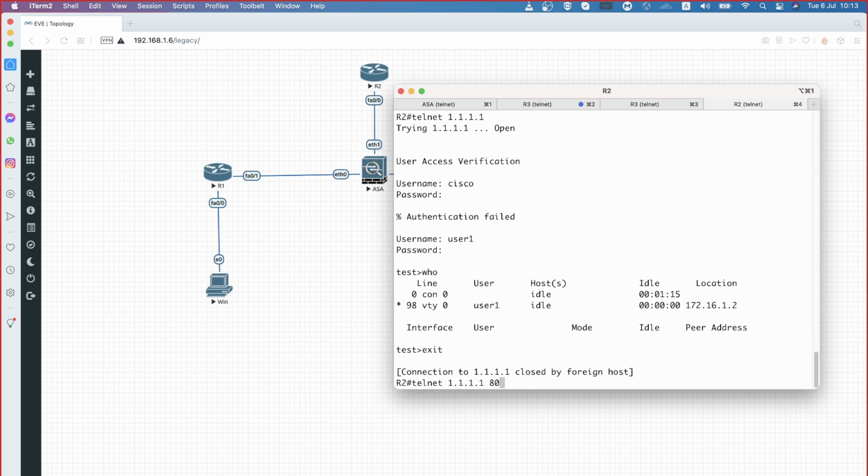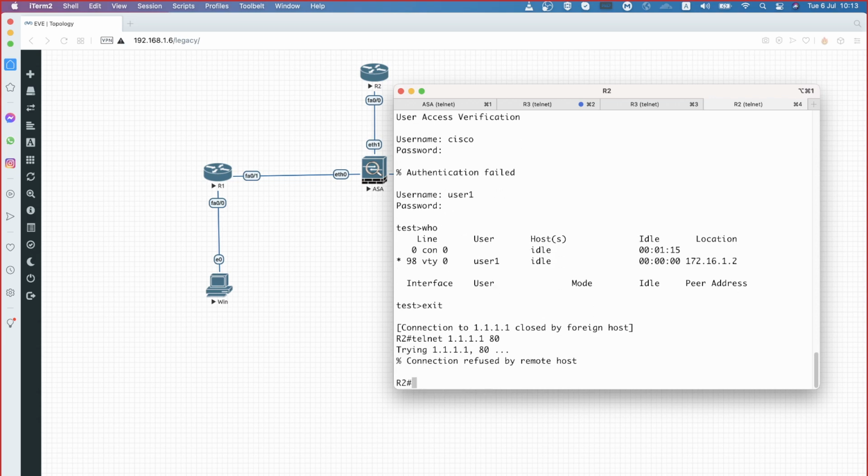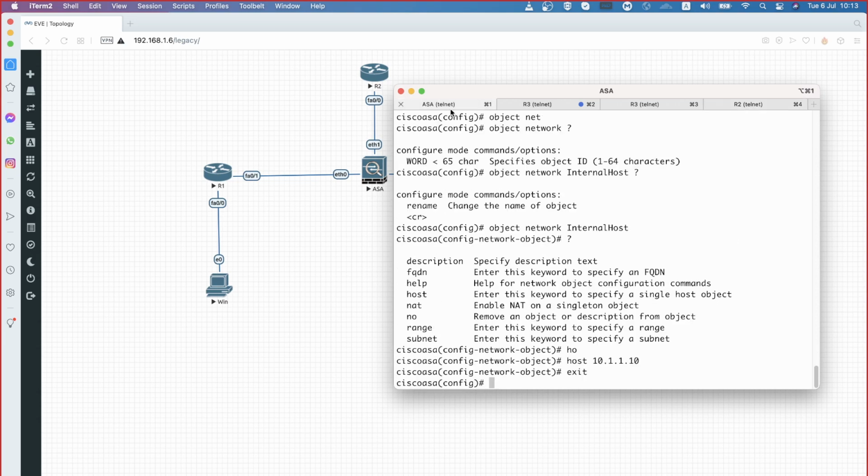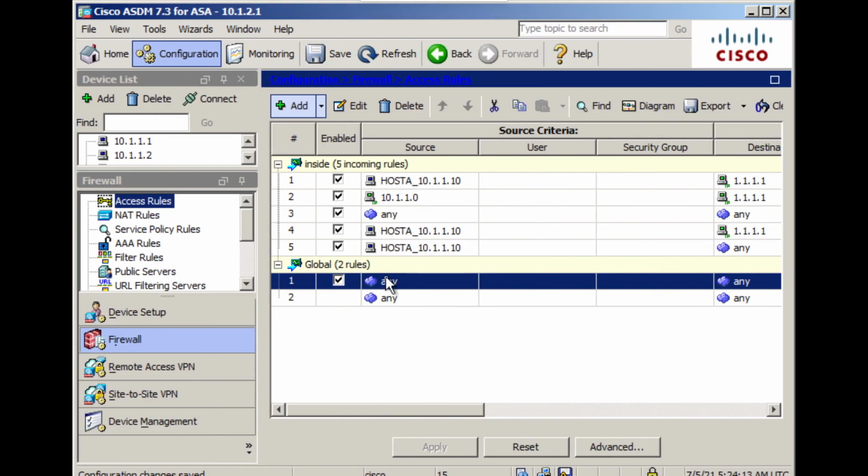Can I see the connection established? See, connection is refused. Why? Because now there is a global rule. So because I have a global rule, I lost the significance of security level based traffic filtering.